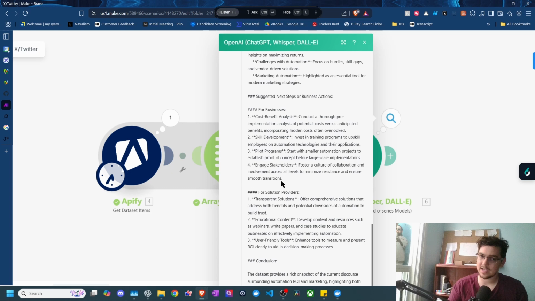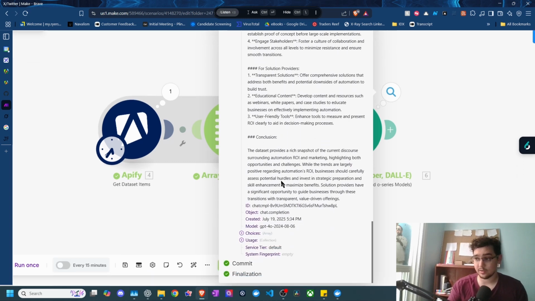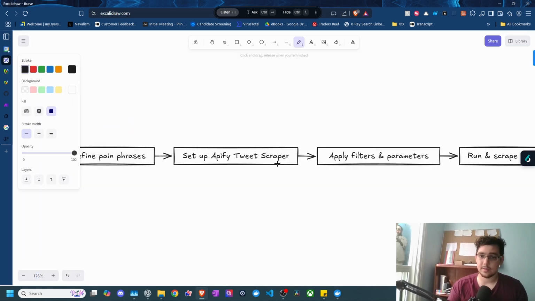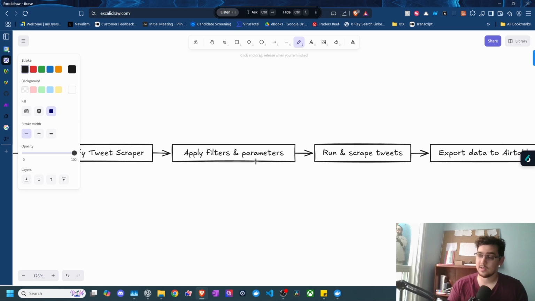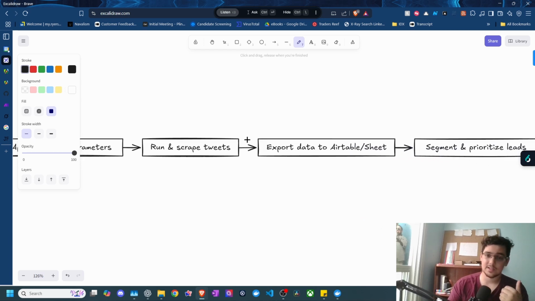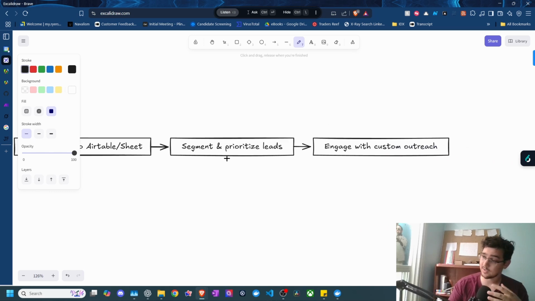You can dig deeper. Again, this is the process of research. It's really finding out how you can get closer to understanding pain and then solving for that. That's really the bottom line. Because once you solve for that, you can then dig deeper to just solve for that specific pain point over and over and over again. And that's when you get into a stride where you can run these tweets, scrape with it, export that, build a real reporting loop that you can segment, prioritize, score with GPT, and then engage with custom outreach, which we'll